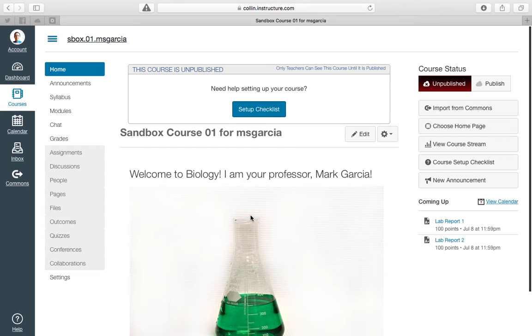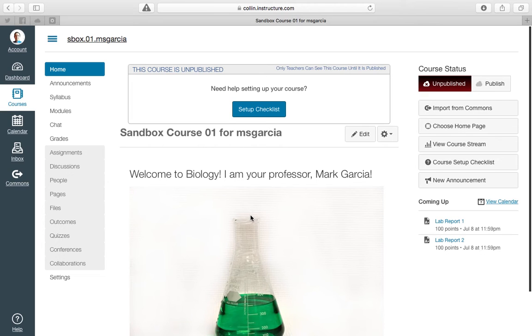But some of you may have said, well, wait a second, this isn't really that great because even though I can mark it up, even though I can put comments, I have a defined rubric that I use when I assign papers for my students to write. And so if I'm really going to deduct points, I want to make sure the student understands which portion of that rubric resulted in the loss of points. So what we're going to do now is we're going to create another assignment and we're going to create a